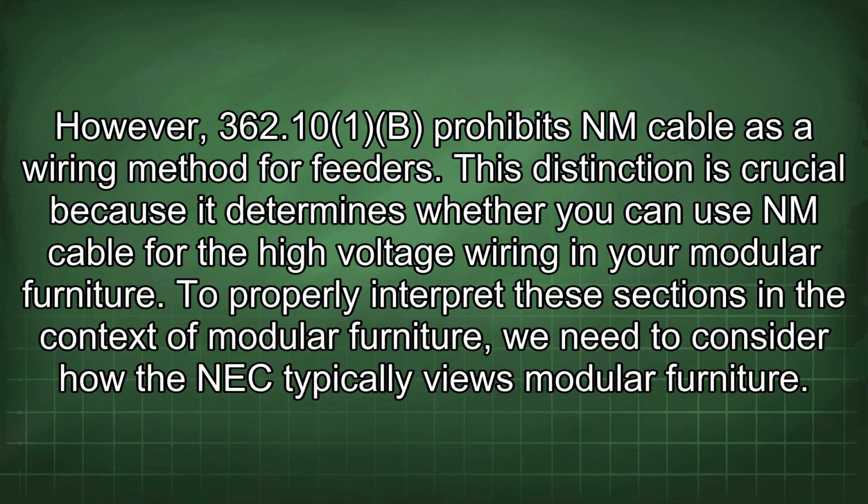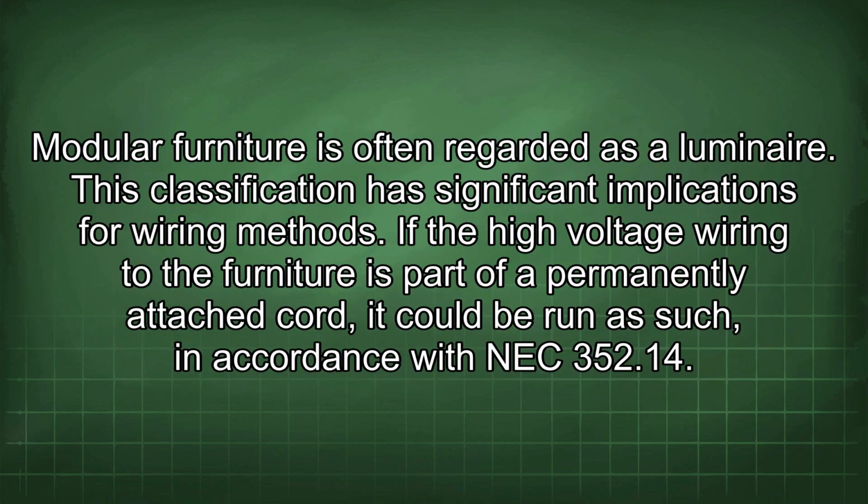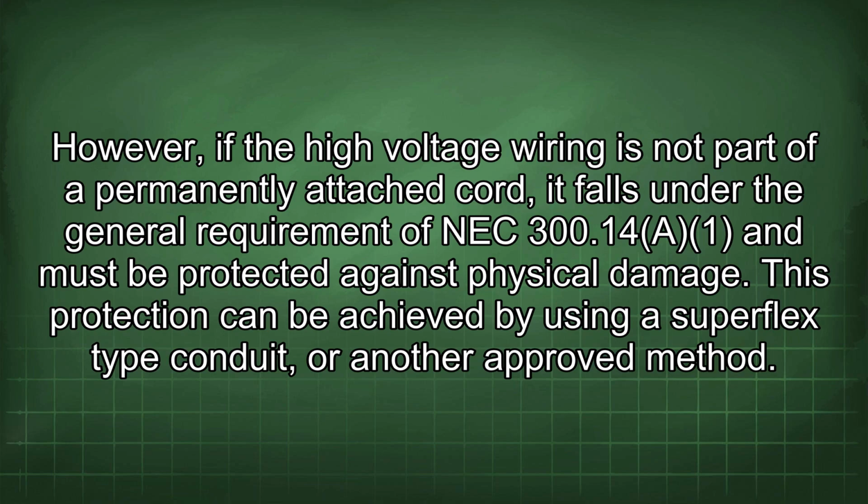typically views modular furniture. Modular furniture is often regarded as a luminaire. This classification has significant implications for wiring methods. If the high voltage wiring to the furniture is part of a permanently attached cord, it could be run as such, in accordance with NEC 352.14. However, if the high voltage wiring is not part of a permanently attached cord, it falls under the general